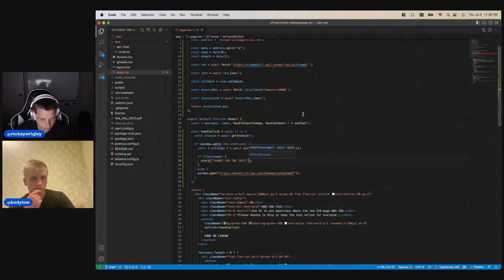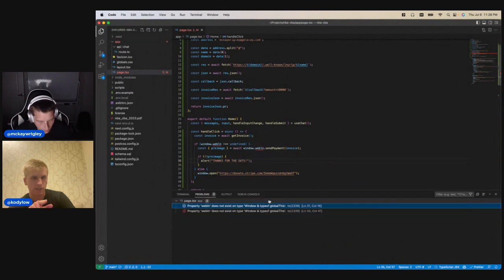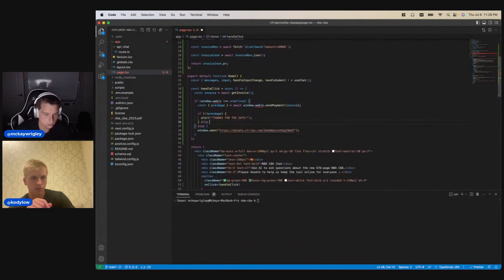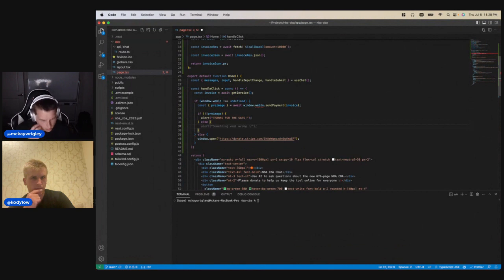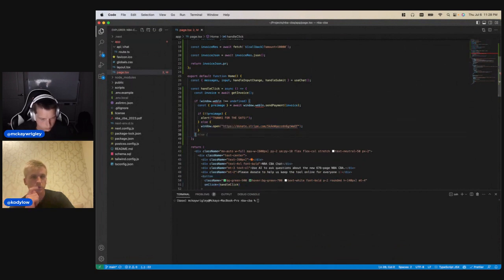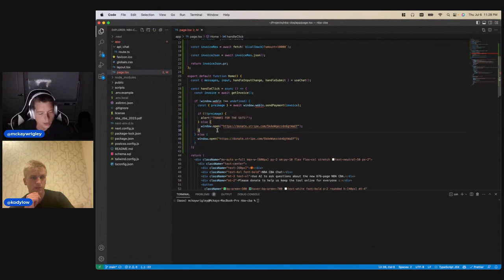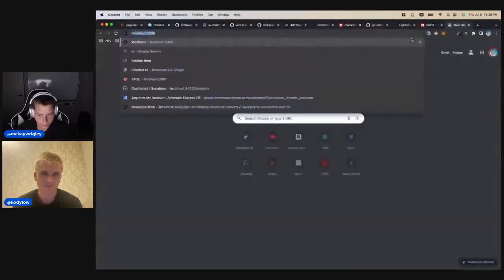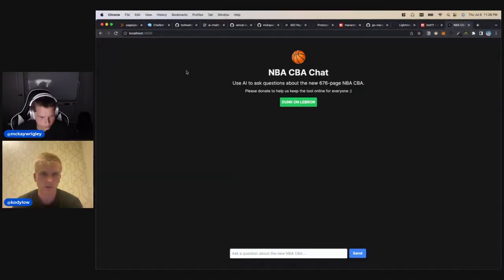There you go. Cool. And then I would not send the else, not in an else. I would just have that be, yeah, you could do the same window.open. So if they don't pay you over Lightning, then they just go to the Stripe link anyway. But if they do pay you over Lightning, then it doesn't go to the Stripe. Okay, I see what you mean. That's not the cleanest way to do it, but right. And so when you go to localhost,